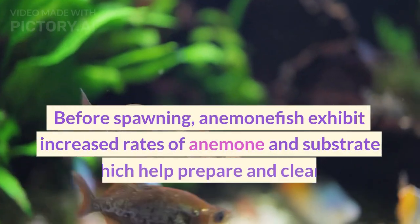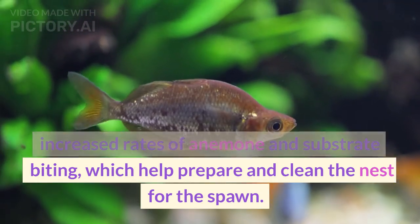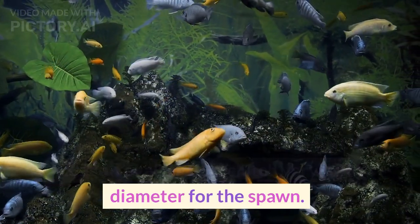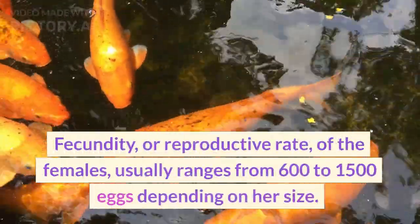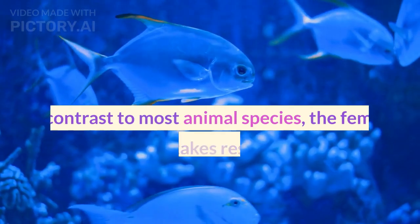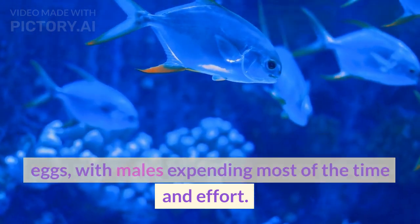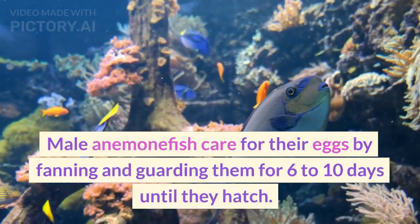Before spawning, anemonefish exhibit increased rates of anemone and substrate biting, which help prepare and clean the nest for the spawn. Before making the clutch, the parents often clear an oval-shaped clutch varying in diameter for the spawn. Fecundity, or reproductive rate, of the females usually ranges from 600 to 1500 eggs depending on her size. In contrast to most animal species, the female only occasionally takes responsibility for the eggs, with males expending most of the time and effort. Male anemonefish care for their eggs by fanning and guarding them for 6 to 10 days